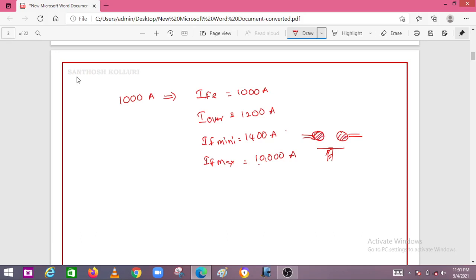this can be decided at the time of designing the circuit breaker, and this can be designed at the designing of the relay. Relay has to operate for the minimum fault current, circuit breaker has to withstand the maximum fault current. So this is the main difference between relay and circuit breaker, because relay is a sensing device which has to sense, it has to have some sensitivity, some selectivity, like that. So sensitivity should be more, that means a minimum fault current should be identified by the relay, whereas the circuit breaker has to withstand the maximum fault current.